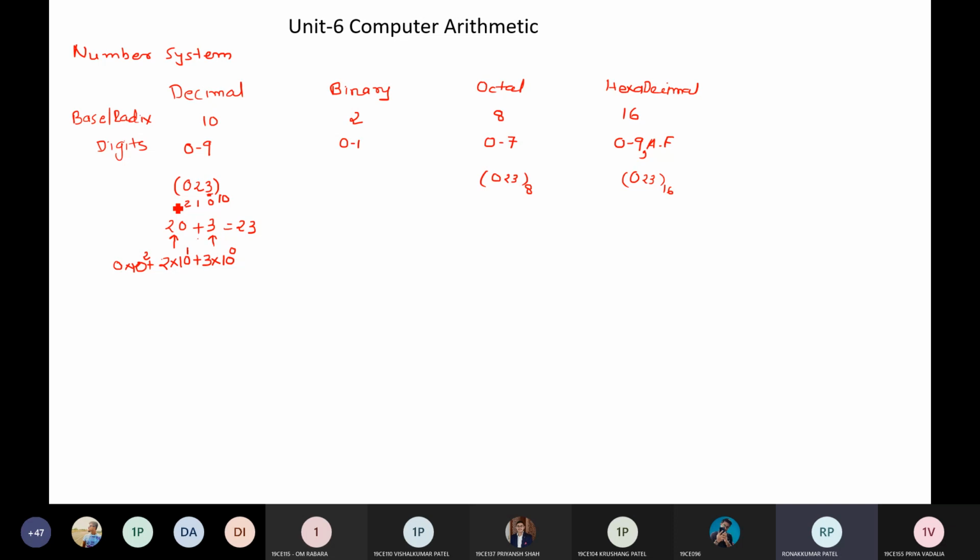Right? If it is a 1 here, then let's do it. 1 here. Then 1 multiplied by 10 raised to 2. So this is 100 multiplied by 1, that is 100. So now this will be 123. So what is this? This is positional value or weighted system,